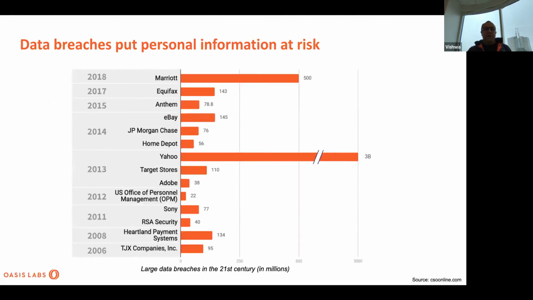So data breaches have been so ubiquitous over the last 10 years or more. We've seen that there are millions of records of personally identifiable information that get stolen. And this is not necessarily because of commission, but more often than not, it's because of omission. You find that people haven't taken care of the best security practices, though there are state-of-the-art security tools involved, from firewalls through IDS, IPS, you name it. Despite that, we see that there are a lot of leaks that happen somewhat periodically and consistently. And so this is certainly a cause for concern, which means that there has to be a solution that addresses this in some way.